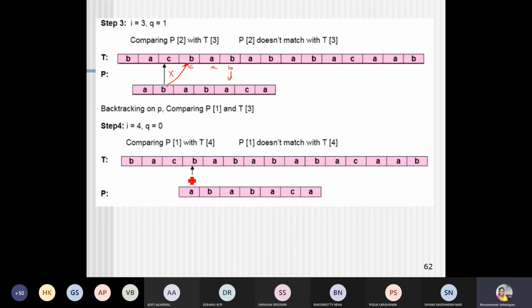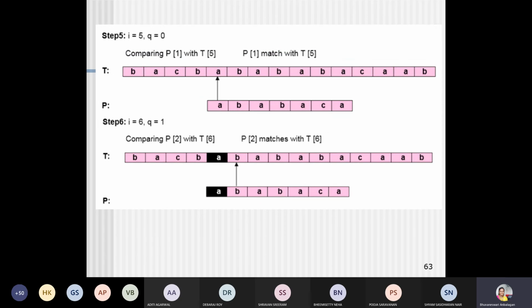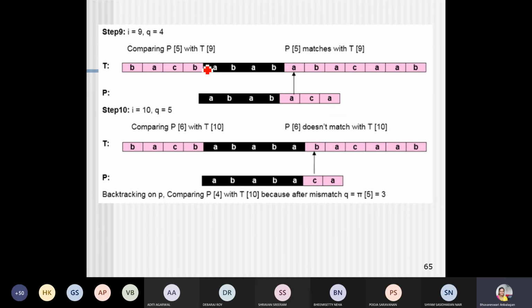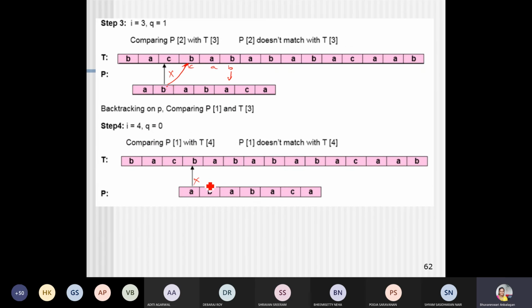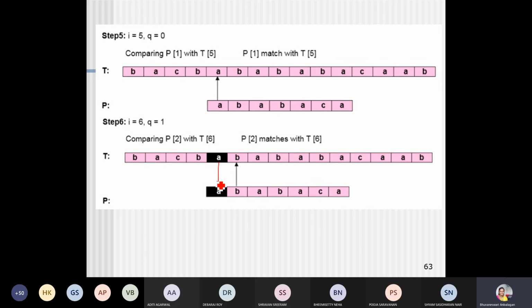Here also, unfortunately, we don't have a match. B and A do not match. It is going to shift not by one position but by two positions, because I have to match it with the next set of pattern which is already matched. But no such matches are available here. Now here also no match. Now it will shift here, one position. A and A match, B and B match, A and A match, B and B match, A and A match, but unfortunately B and C do not match.